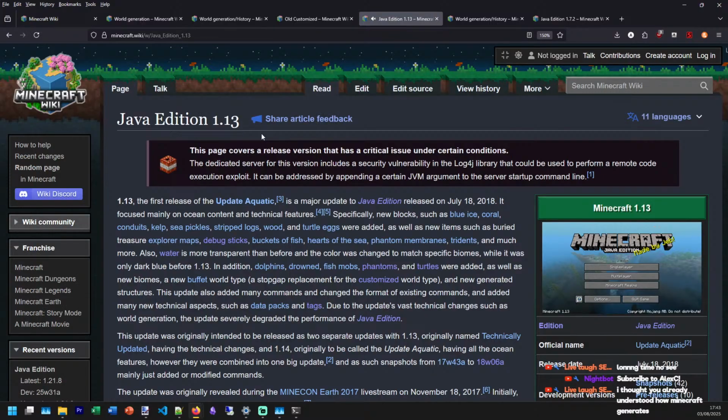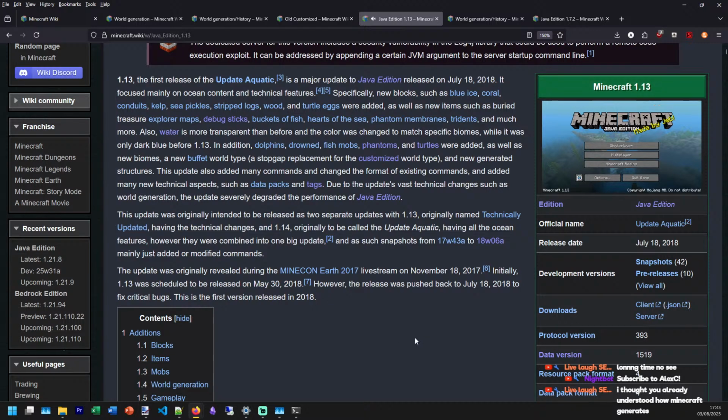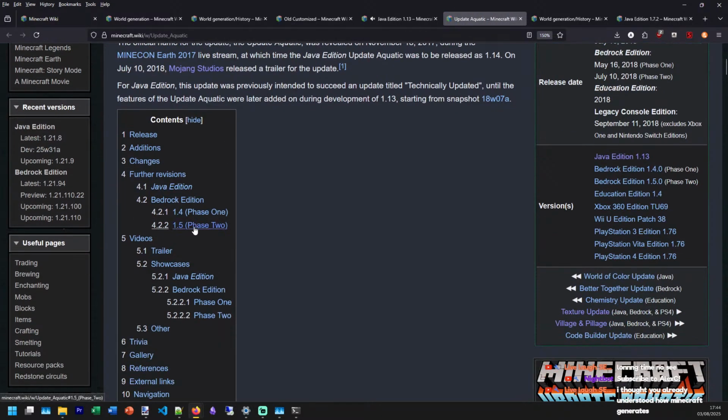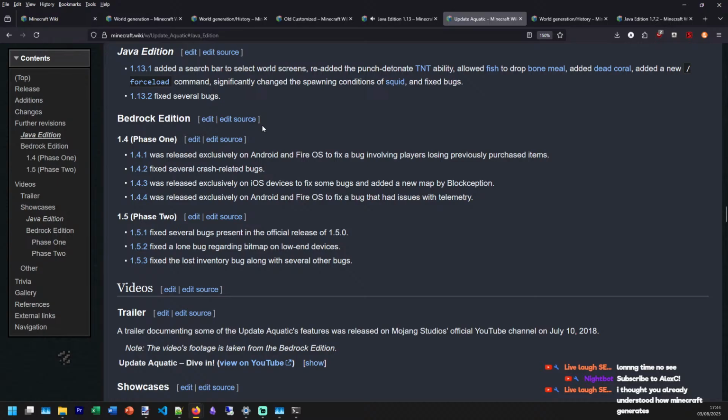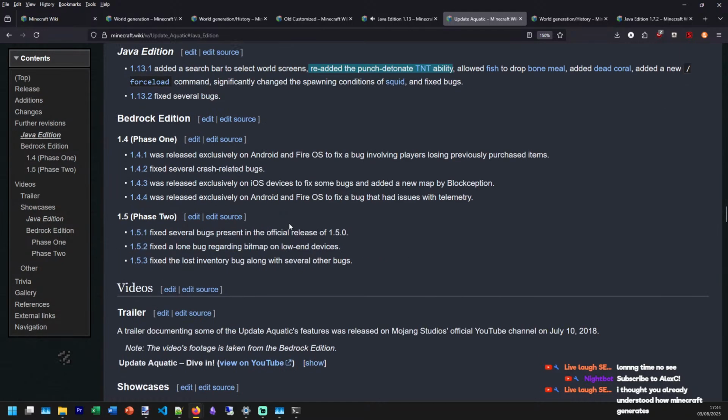Very 1.13 years, tons of stuff in here. Bugs be like... Wait, what? That's something you'd expect without like a Caves and Cliffs 18 video.